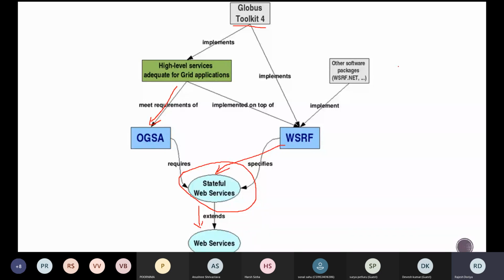Some other software packages are also there, for example, WSRF.NET. So this is how the Globus toolkit functions: it creates applications, and in order to do so, it must ensure that all the applications meet the requirements of OGSA. Am I clear, students?